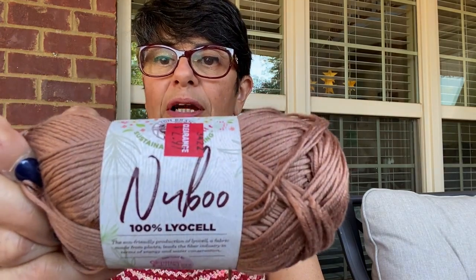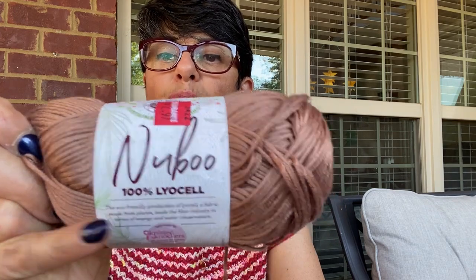So basically, this is what I have been working on this past summer because I am traveling, and when I am traveling, I like to travel light, so I didn't bring a lot of yarn with me. The only yarn that I brought with me was this Nubu from Lion Brand. It is 100% lyocell. It says here that lyocell is an eco-friendly production made from plants, leads the fiber industry in terms of energy and water conservation. And I've looked some of that up, and the truth of the matter is that yes,